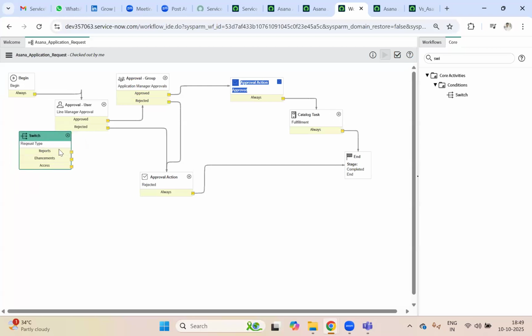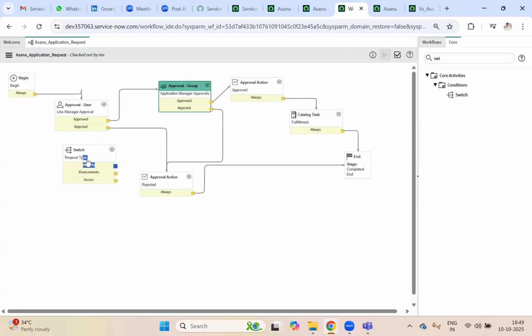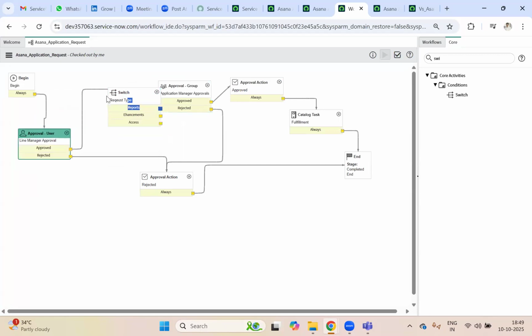If somebody is asking for creating a report or an enhancement, I don't need approval for creating a report. Only line manager approval is enough. Application owner approval is not required. So I'm just putting, once the line manager approved,